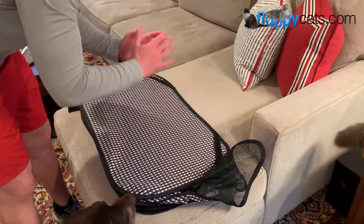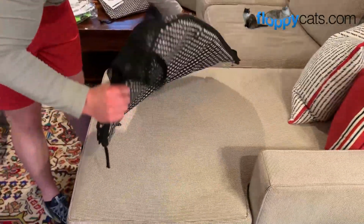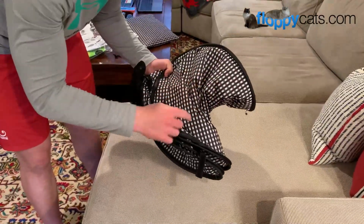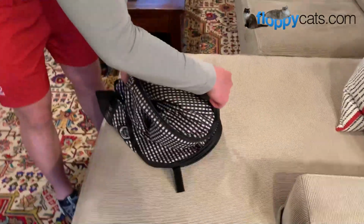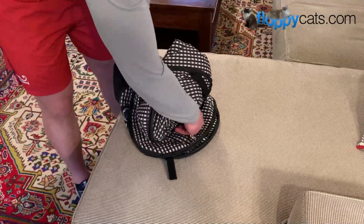Their video says to fold it up in half and then twist it. I find it easier to just twist as I was folding. And you get it into this shell shape. Then setting it on its end and then pushing this curved surface inward